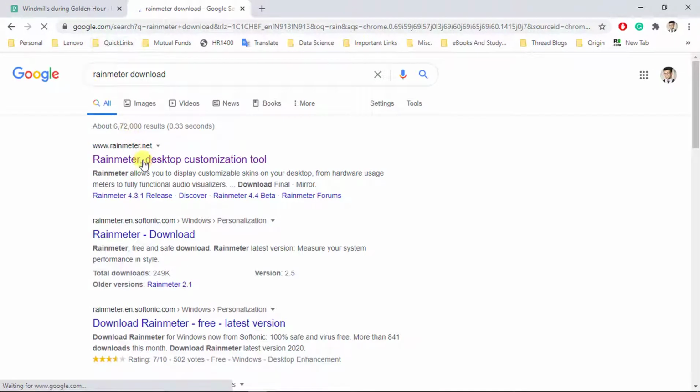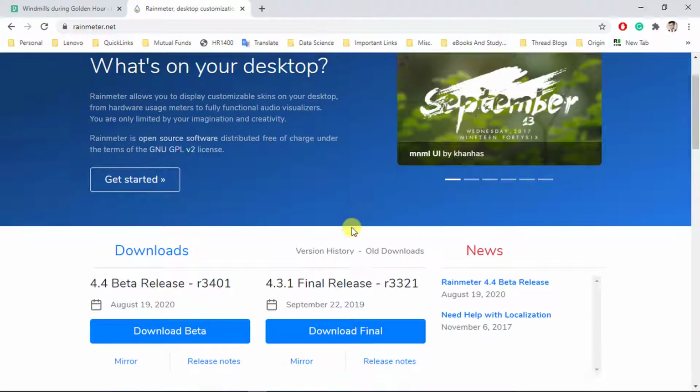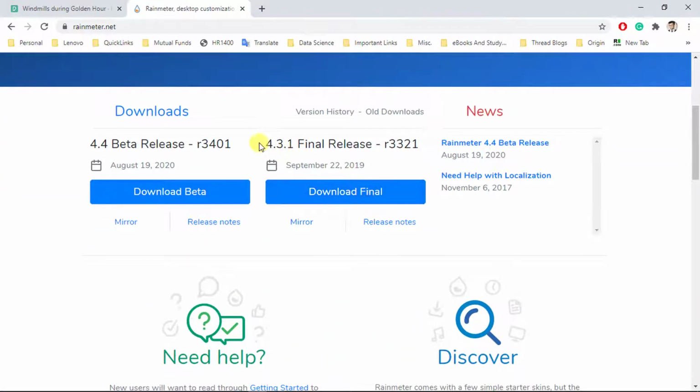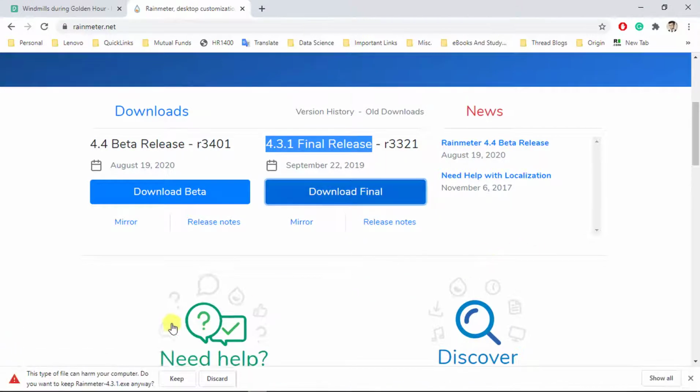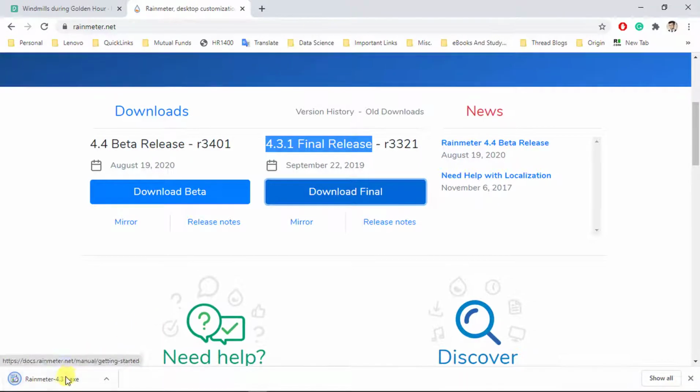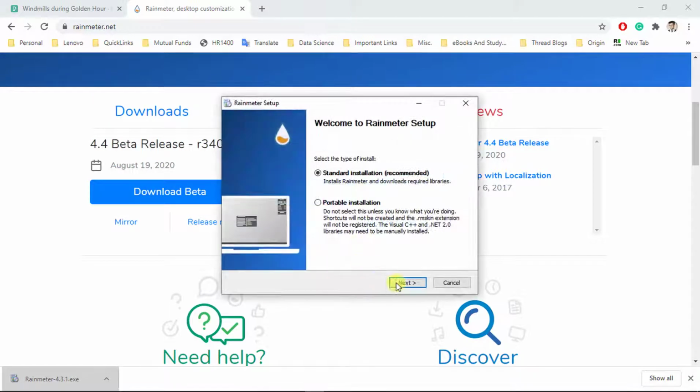So the next thing which we are going to do is to go and download Rainmeter. For this also we'll be giving you the link in the description. So just download this version and save it. After saving, we'll execute this and install it in our system. So what it does is it will have